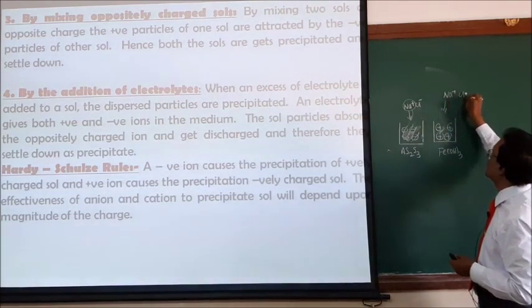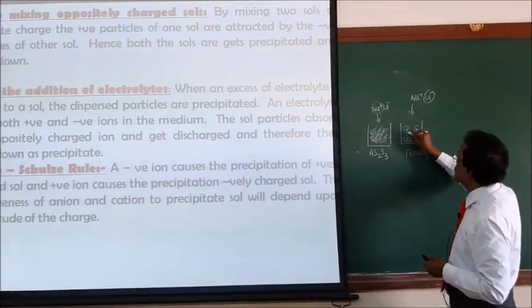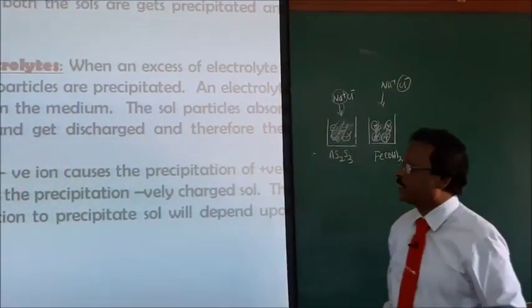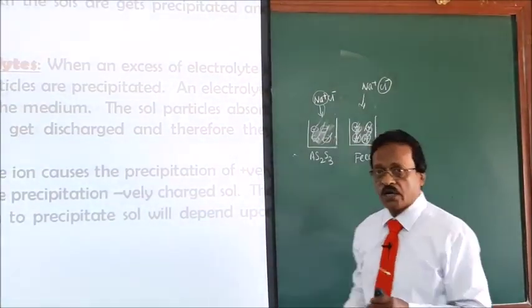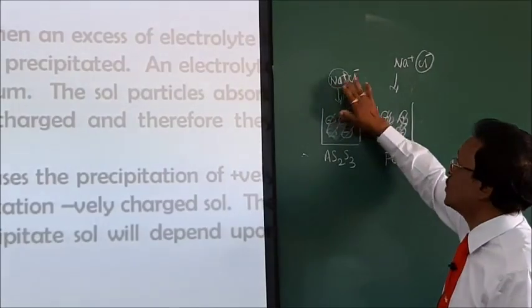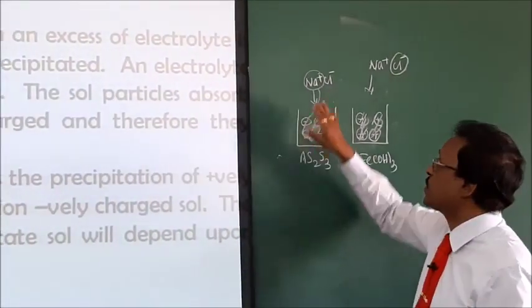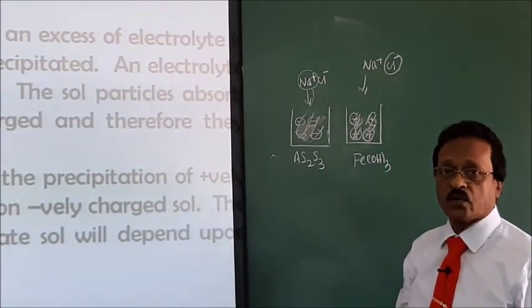Suppose I take ferric hydroxide, a positive charge, and again I put sodium chloride, that is Na plus and Cl minus ions. Here what happens? Note the Cl minus ions of the electrolyte remove the positive charges and the salt gets coagulated. So by the addition of an electrolyte, the salt can be coagulated, because the electrolyte furnishes both positive and negative ions, but colloids have only one type of charge. So electrolytes with the opposite charge are used for coagulation.